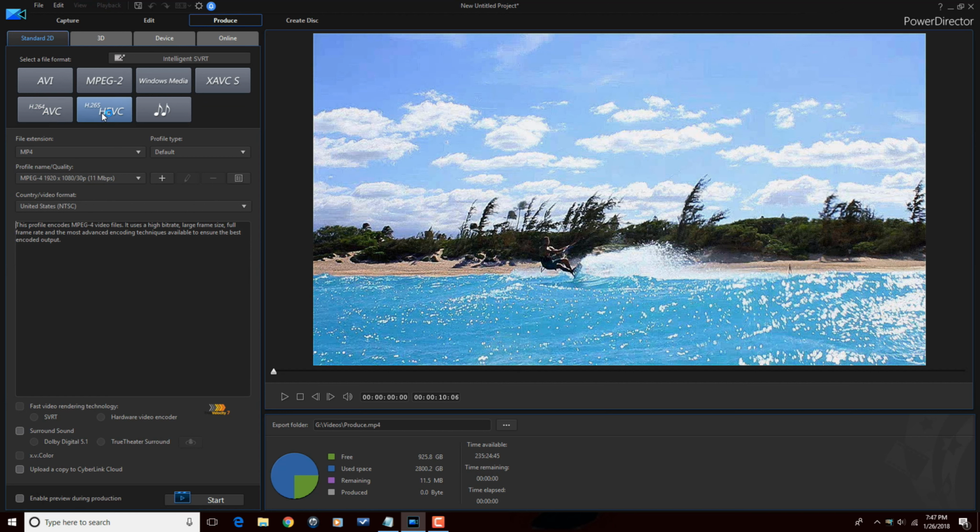Next, we got H.265 HEVC. Now, this is the successor to H.264, and it offers even better compression than H.264. So the image quality and smaller file size makes it one of the favorites for producing 4K files. A lot of people use this for 4K. If you want that 4K love, that 4K beauty in a small package that's manageable, and you're willing to test the compatibility waters, then H.265 is your best bet.